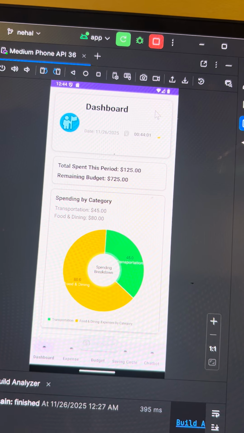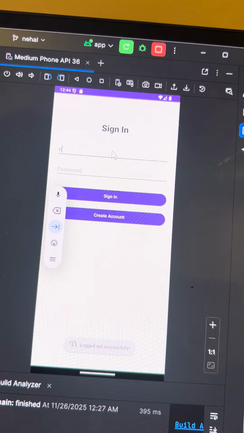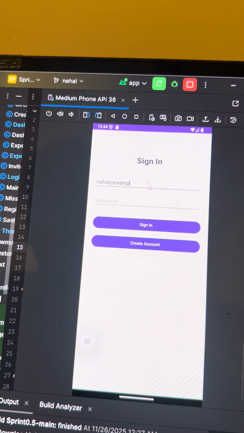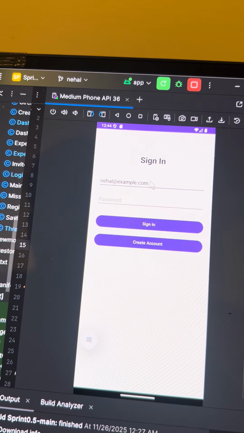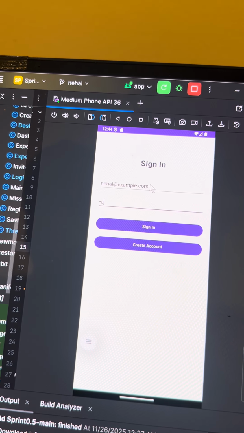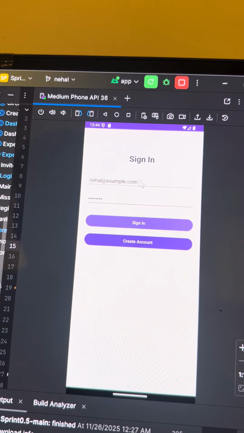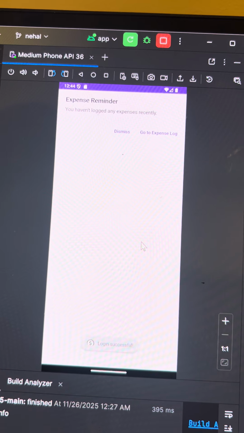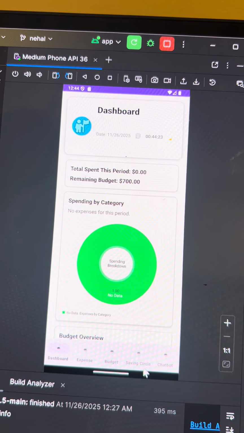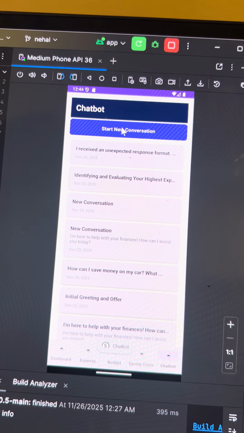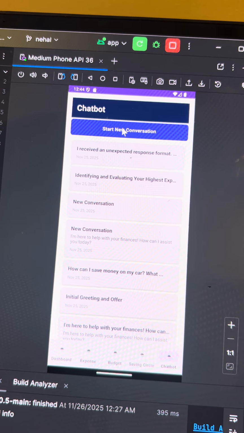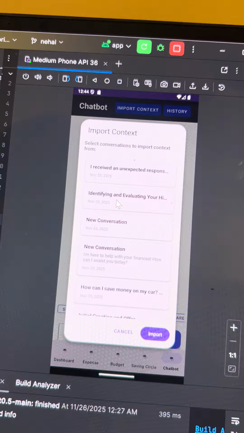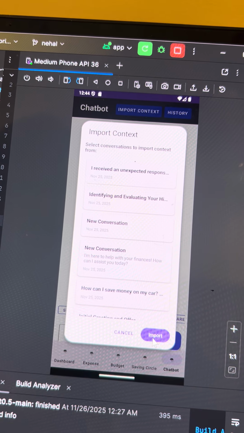Maybe let me just log out, and I can show you a lot of examples of that on my other account, because I have so many chatbots already there for context. So let me put in my password. Yeah, I'm logged in. Let's go to chatbot and start a new conversation. Over here when I start a new conversation, let's immediately import some context. Let's identify and evaluate. Maybe I like this one. Oh,